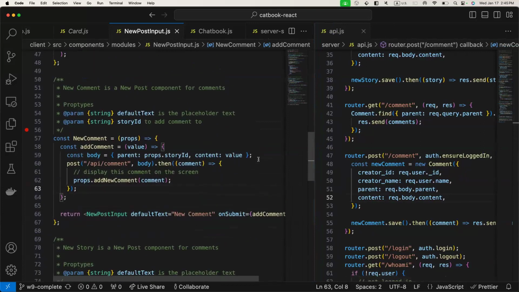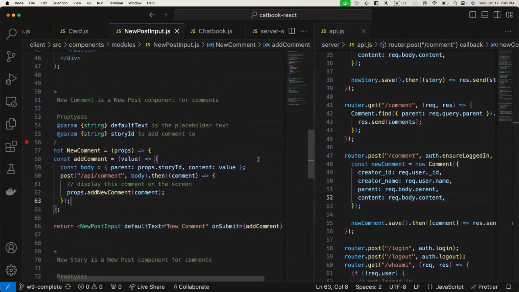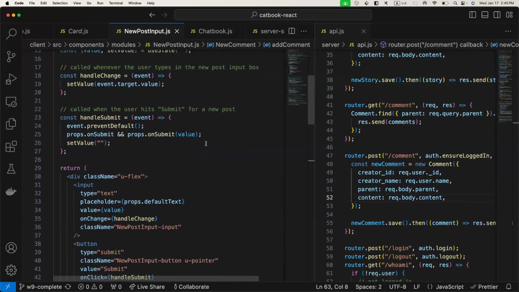Why do we have props on props? Props on. Why have-